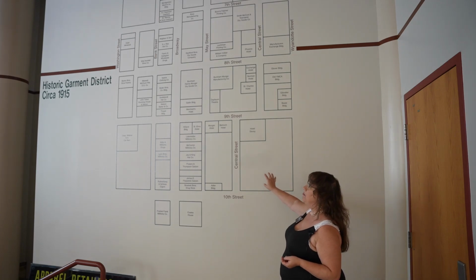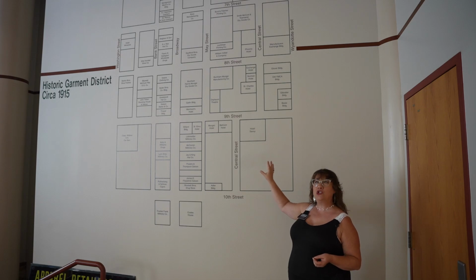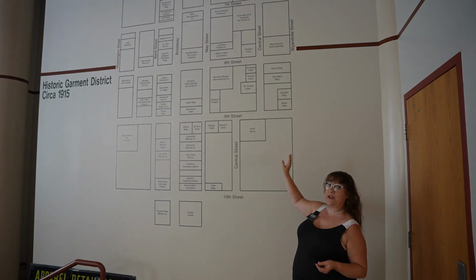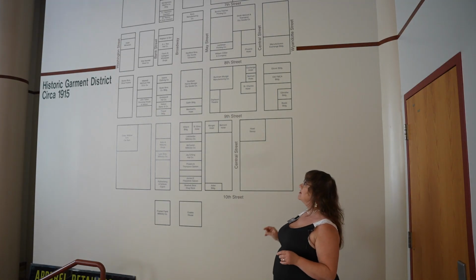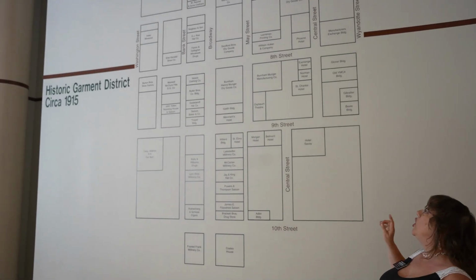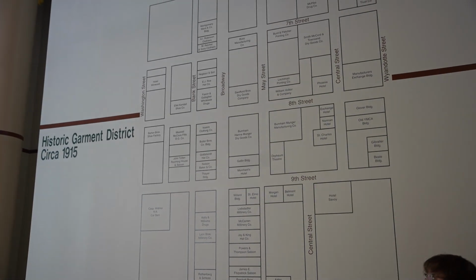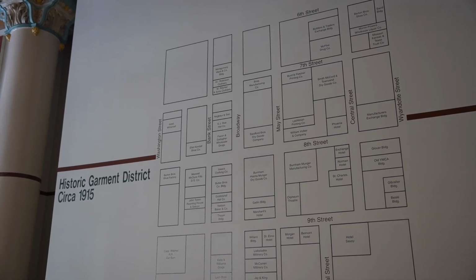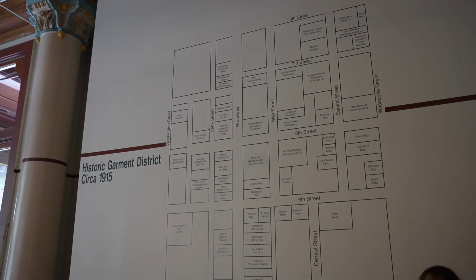And this map on the wall here is what the neighborhood looked like just before World War I. And it is a federally designated historic district, so it does have defined boundaries. It's Washington Street on the west to Wyandotte Street on the east, north to 6th Street, and down to 10th Street to the south. This encompasses nearly every garment business that was in Kansas City, with two possible exceptions,